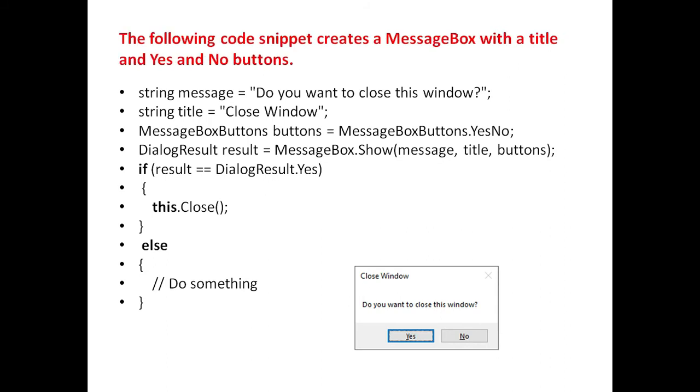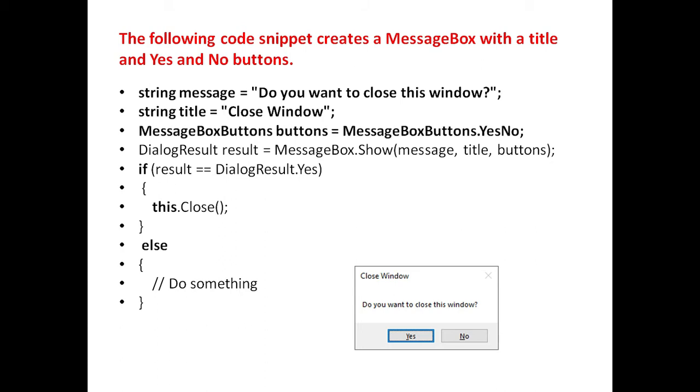The following code defines a message box with title and Yes No buttons. First we will declare a message, "Do you want to close this window?" Then I will define a title and I will define buttons as MessageBoxButtons.YesNo. Depending on the result, it will perform the actions.